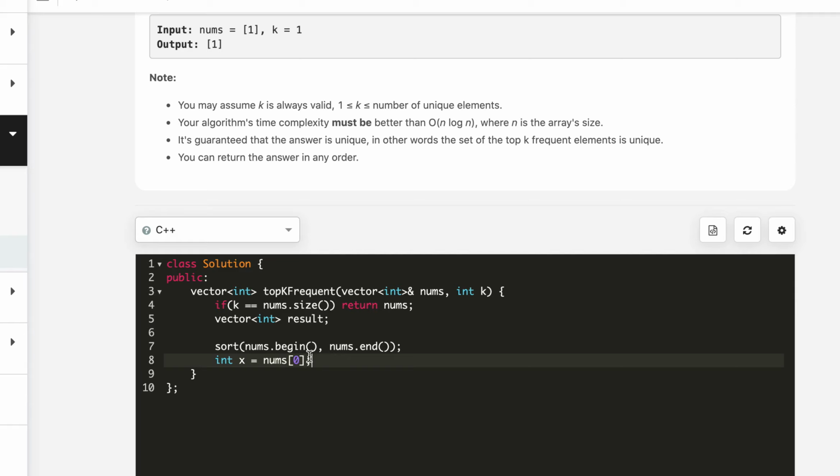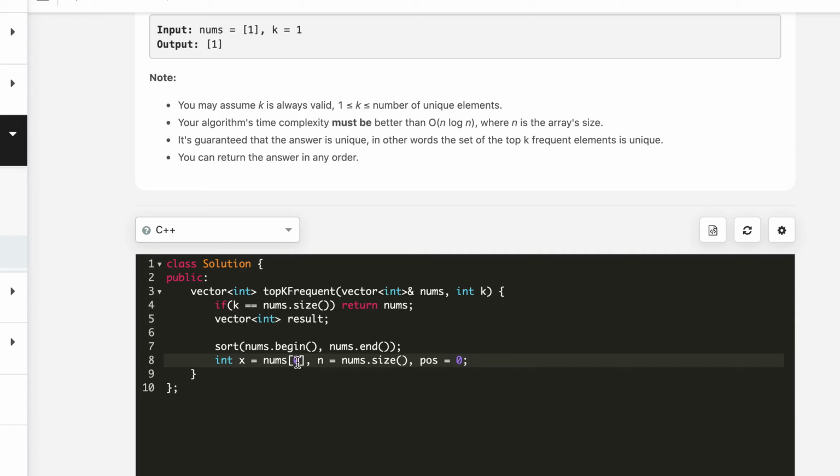Then take a few more variables. Let's store the size of nums in m, nums.size, and the index of this x, so it will be in sync with this. If x is nums 0, let's call it position equal to 0.